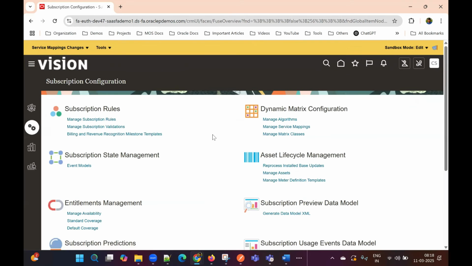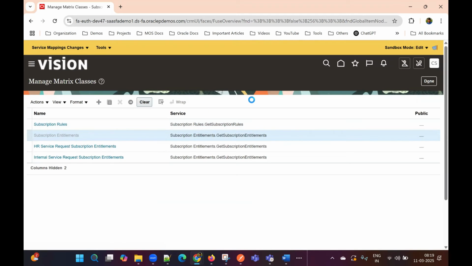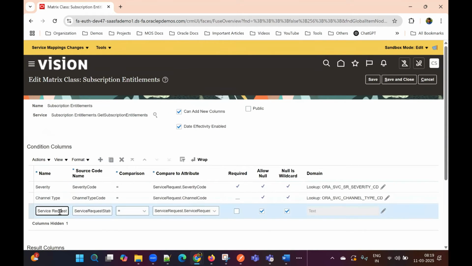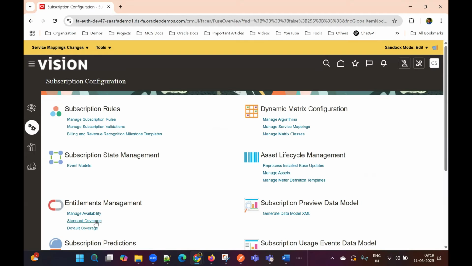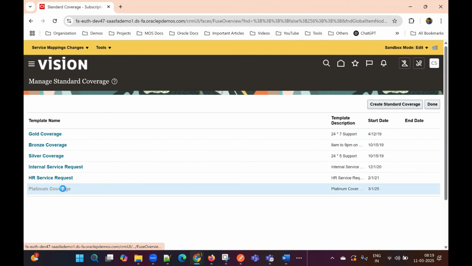So in manage metric classes, service subscription entitlements, here this should be type. Save and close. Now again, we'll go back to coverage, platinum coverage,